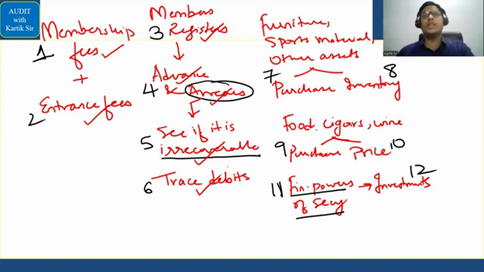trace the debits. Trace the debits means, suppose there is a member who is keeping an account on account basis. For example, he goes to a restaurant every day, has one watermelon juice, has a sandwich, and then he leaves from the club. So he comes to the club, does gym, swimming, then has a watermelon juice and a sandwich daily. Then we will tell the restaurant owner, let's do one thing, you keep my account, at the end of the month I will pay you directly, I'll pay you at one shot. Now that is called tracing the debits, whether the payment has been received from the debits that have been created or not.